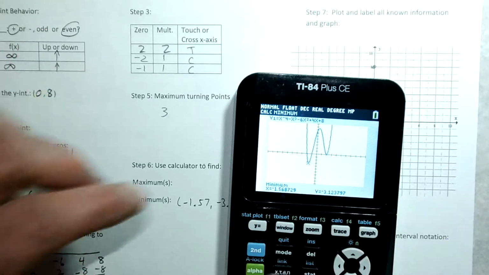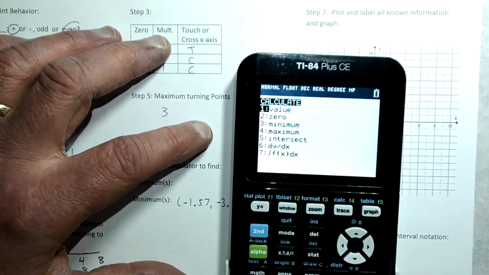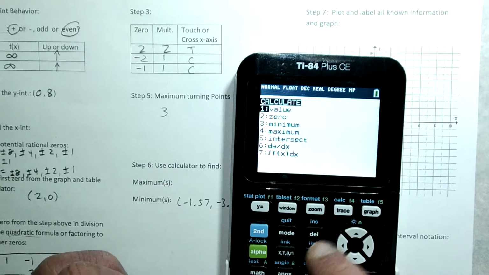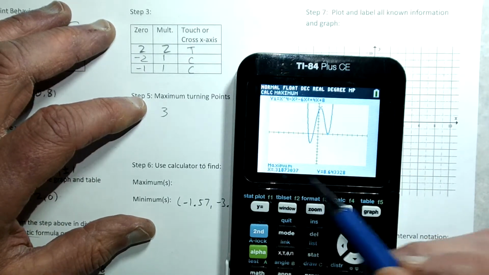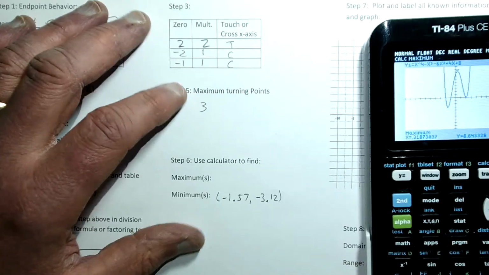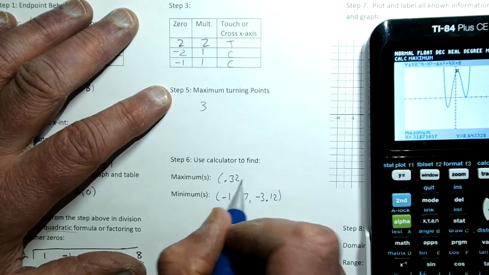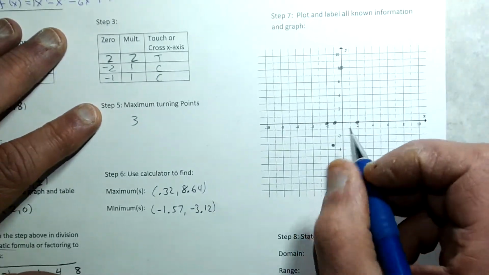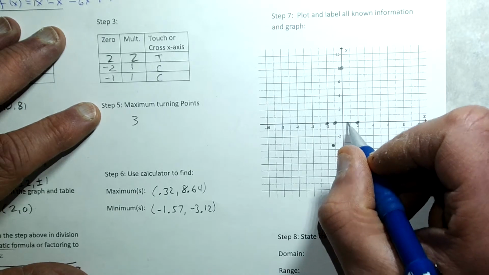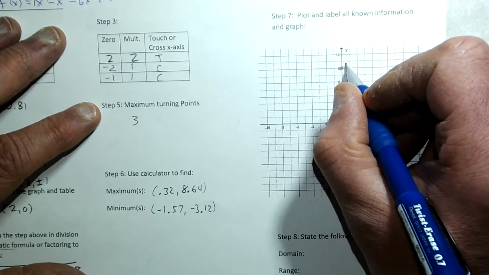And that would be hitting second calculate again, and then I'd go ahead and pick maximum, which is number 4, and I go up here, hit enter, I go up around the turn there, hit enter, I back up, and that maximum is 0.32, 8.64. So let's put that down. 0.32, 8.64, and let's put that on the graph here. 0.32 is about a third of the way over, and 8.64 is just a little above our